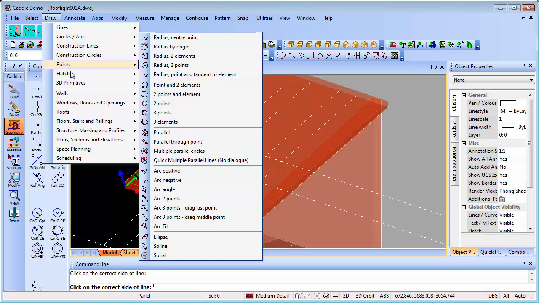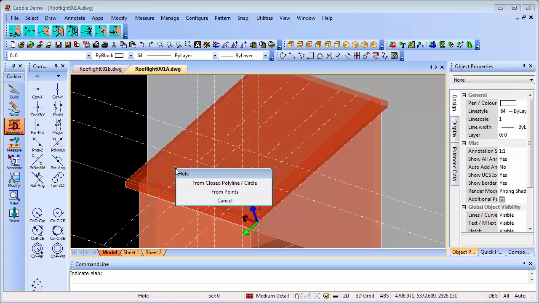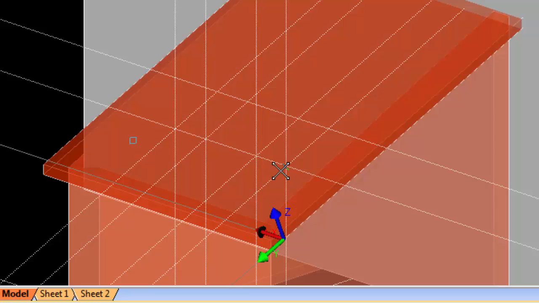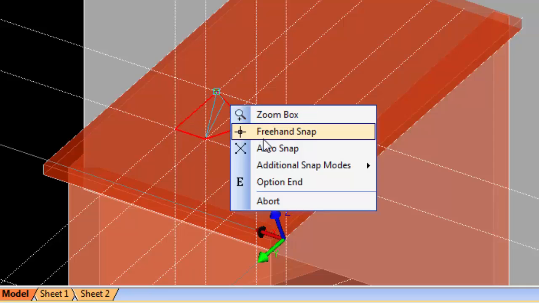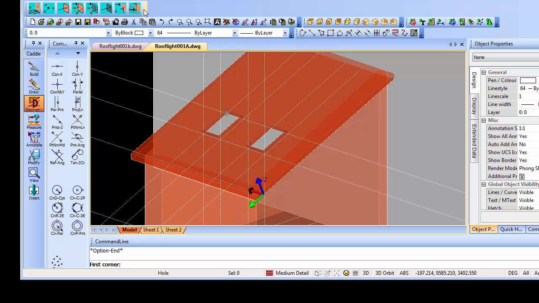draw tools, and then down to the floor stairs and railings, and we can actually create a hole in that slab. So we can pick on the slab from point, choose auto snap in this case with a right click, and then just drop that in there, option end, and the same again there, right click, option end. Okay, so we've created the spaces where we want the windows to be,